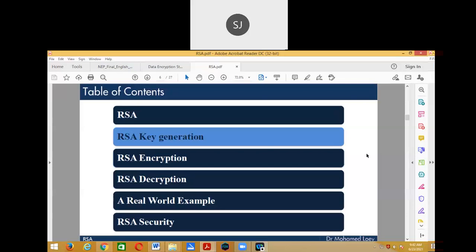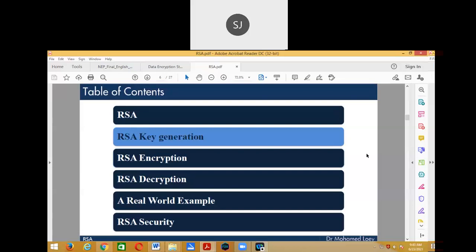It is physically delivered to you, no? Either you go to the bank and collect the cover containing the PIN number, or you get it physically by post. So nowhere is that key sent through mail or SMS. Please remember that. So the physical delivery of the key is very much needed. So that is the problem with respect to symmetric key encryption.